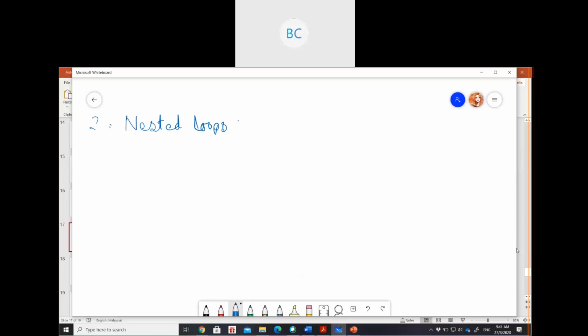So what's the general structure of nested loops? It's a for loop within another for loop. Let's consider i less than or equal to n. You can also take 0 or whatever; it doesn't matter at this point of time.